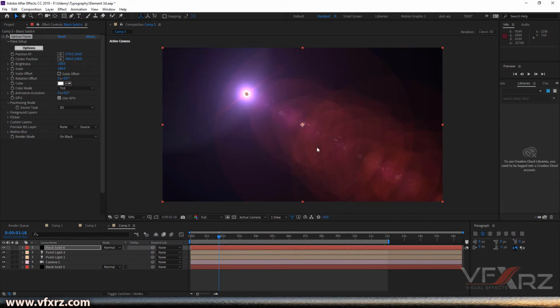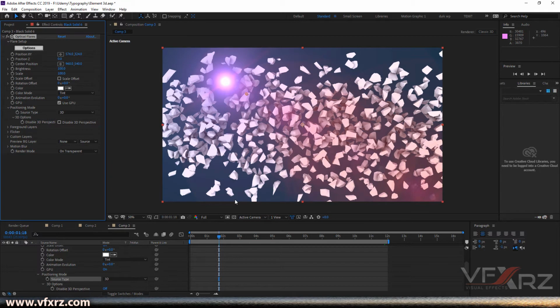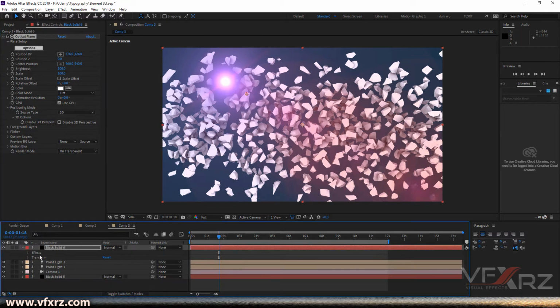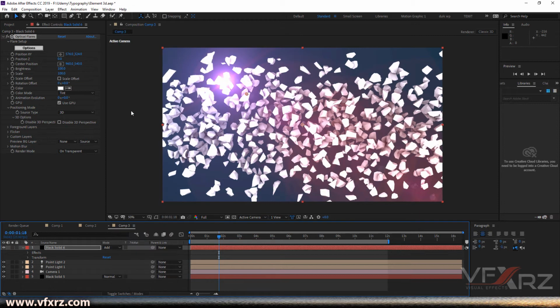Press OK and change this render mode to on transparent and change this source type to 3D. And then here we can change this optical flares blending, change it to add. Okay, and now